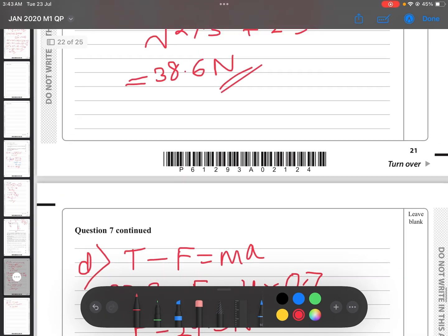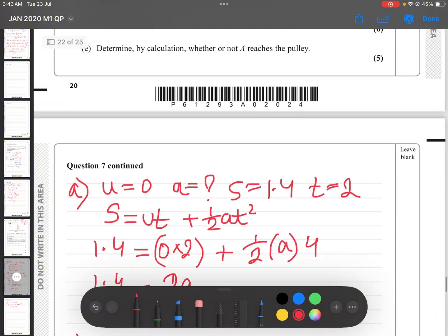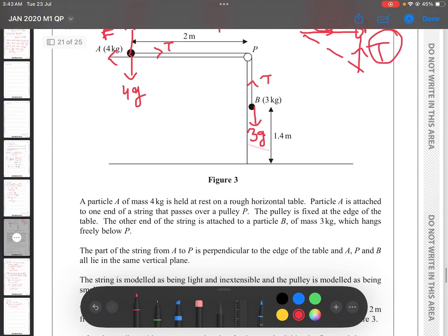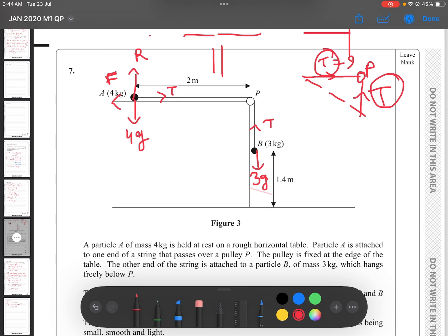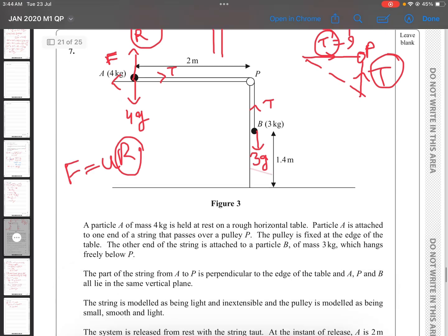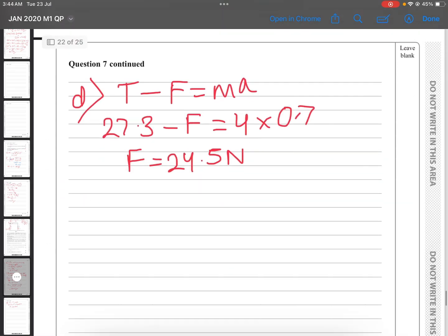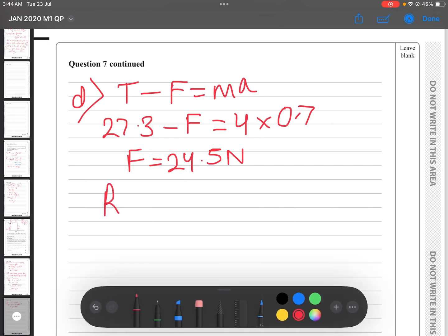Now another thing to be noted is the R here. We know that friction is equal to mu R, and this R here, initially the ball was at rest, vertically the ball is at rest, so R must be equal to the weight of the ball A. R is going to be equal to 4G. As F equals mu R, that means 4G mu is equal to 24.5,